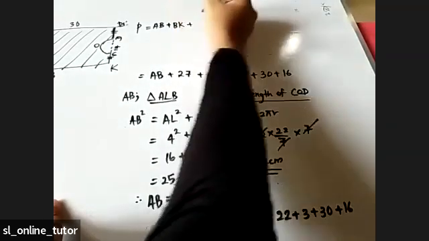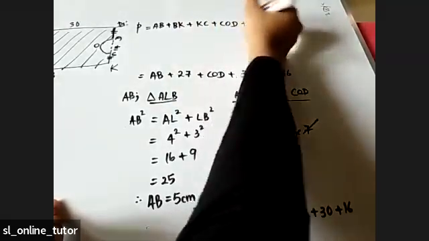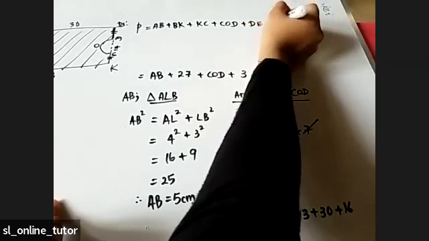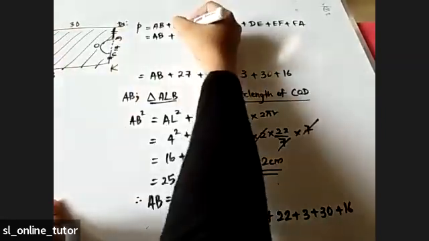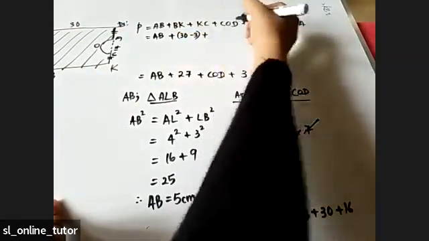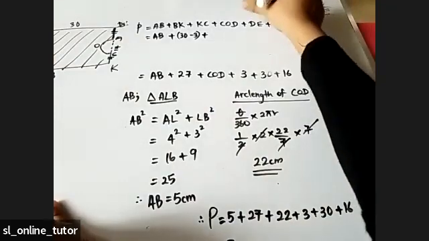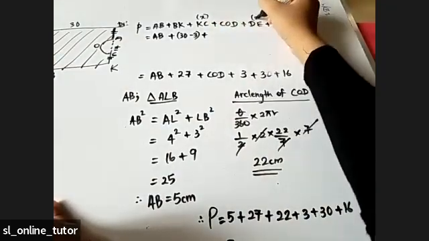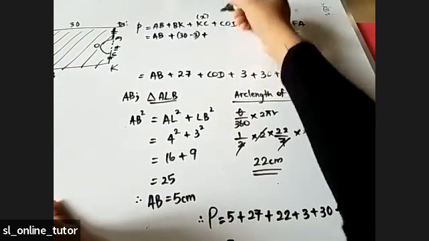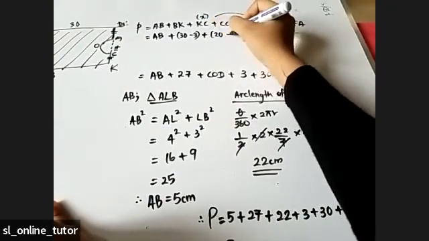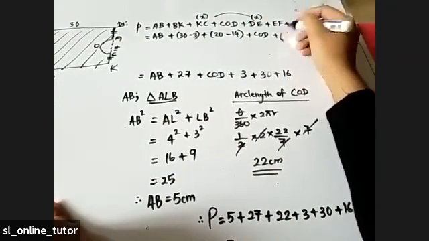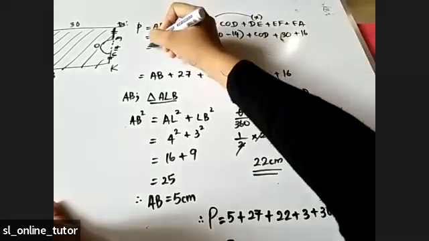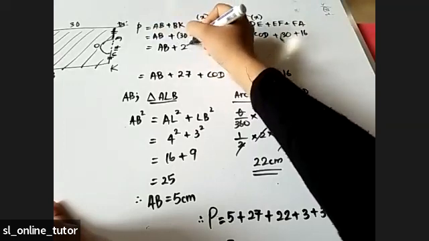Perimeter: AB, BK, KC plus COD plus DE plus EF plus FA. Okay, AB we don't know. BK we already know, 30 minus 3. KC and DE, let me take them as X and X. Okay, so you are getting for that one, these two together I'll find, that is 20 minus 14. COD we don't know. EF we know, 30. FA 16, right? Now you are getting AB plus 27 plus,